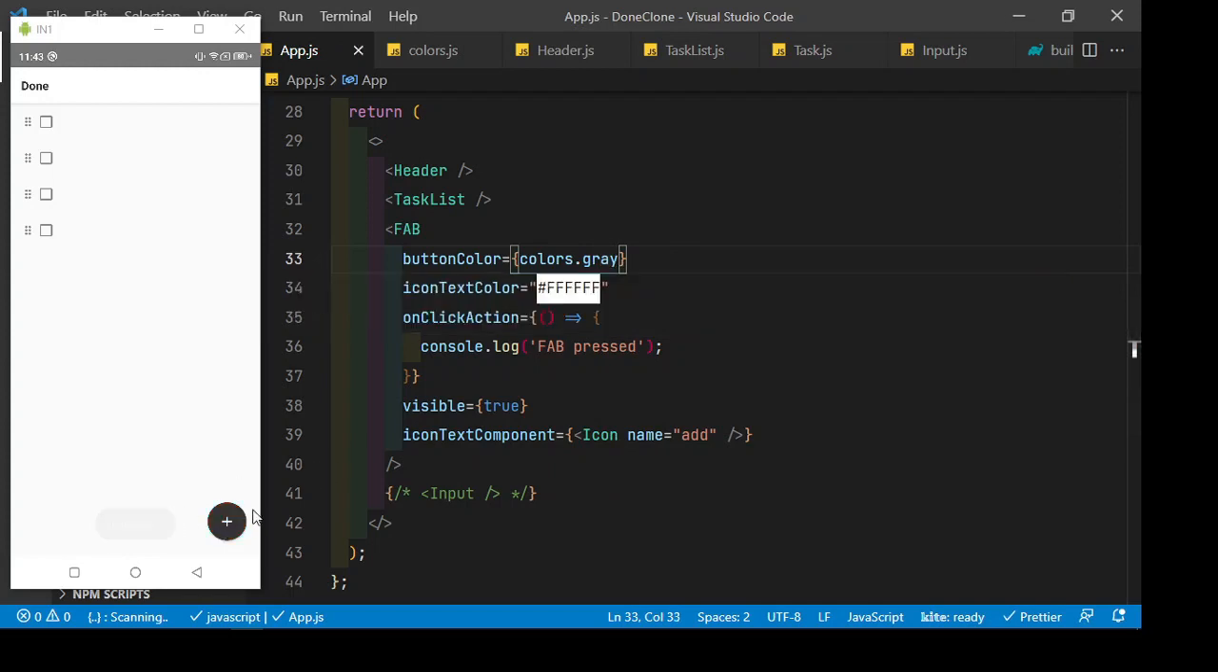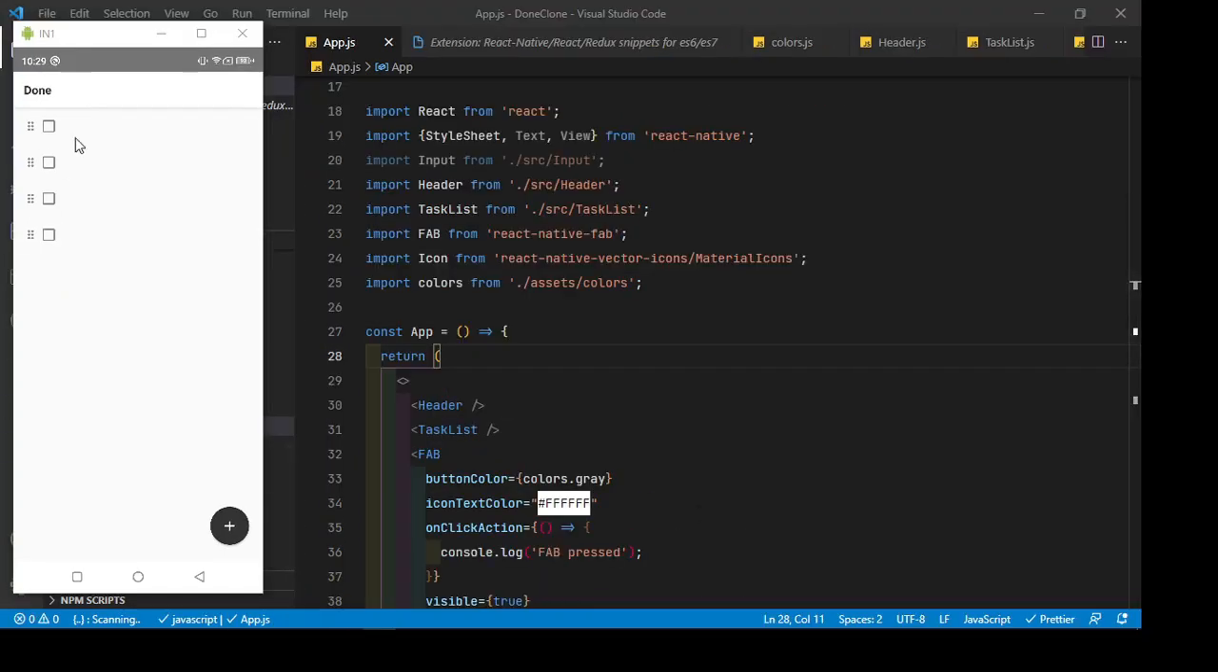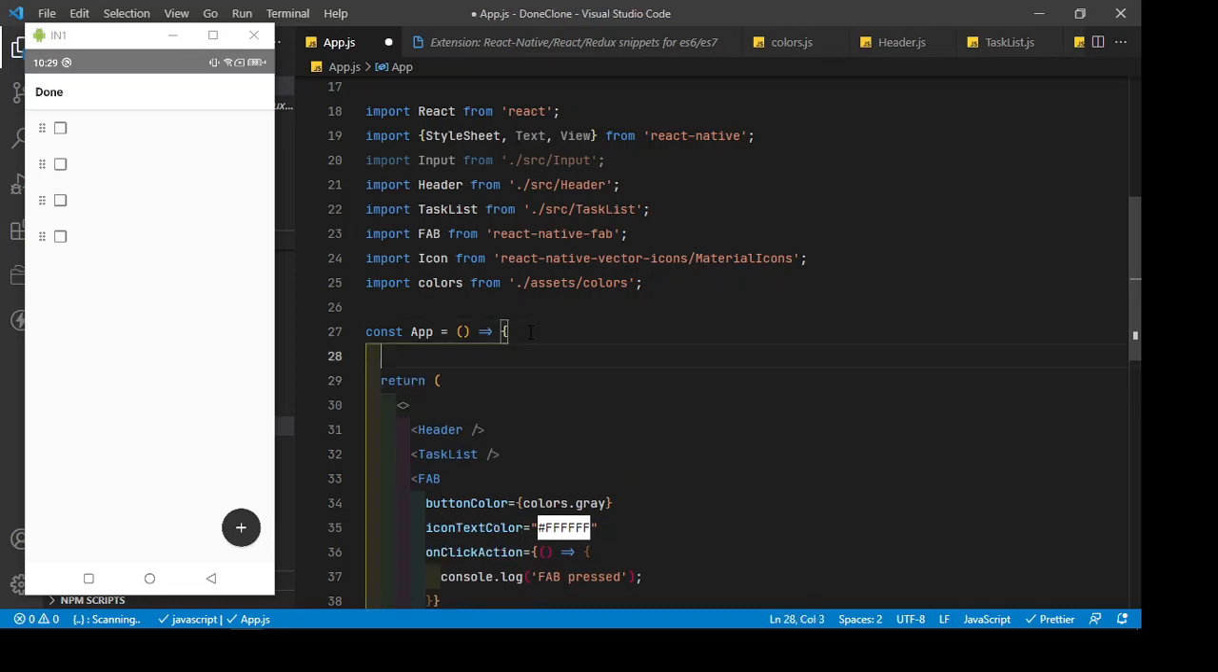Okay, so if I click on this plus button, I will add that another item. Okay, so this is design, and now we will add functionality in this design. So how we will add? So what we have to do here is we have to